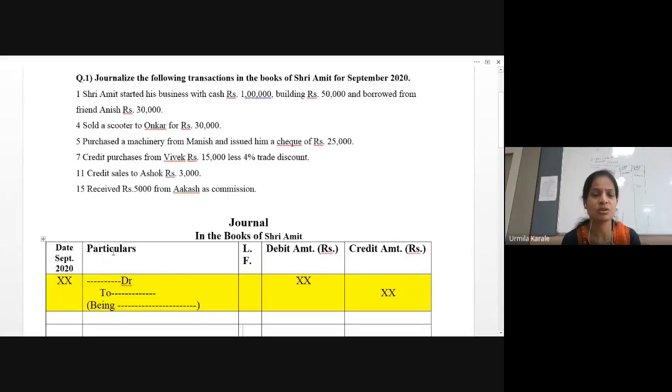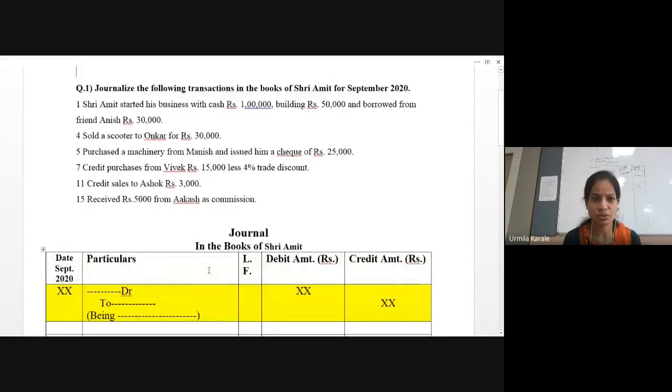Then in the particulars column, we are going to write the account which got debited. In the next line, we'll write the account which got credited. Okay, ledger folio, page number of the folio, where you are going to post these entries afterwards, or once you post it, then we'll cross reference, we'll write that number, right? And this account got debited, so in the debit column we are mentioning that amount, and this account got credited, so in the credit column we are mentioning that amount, right?